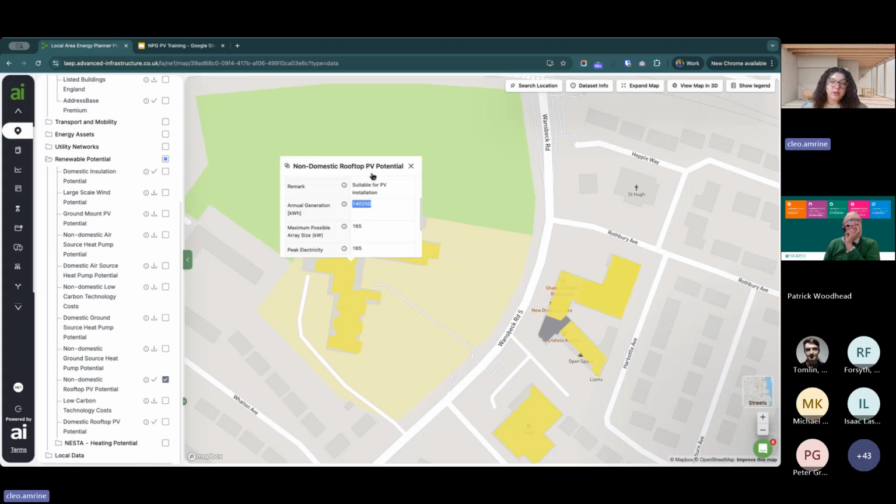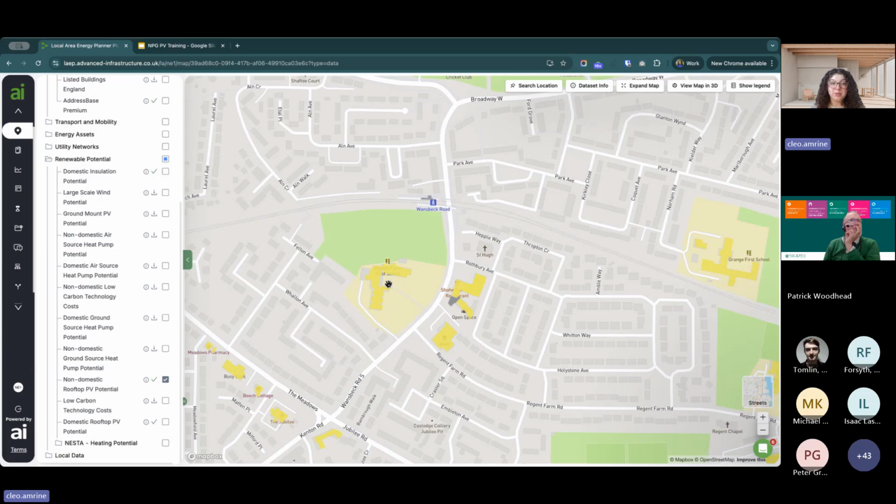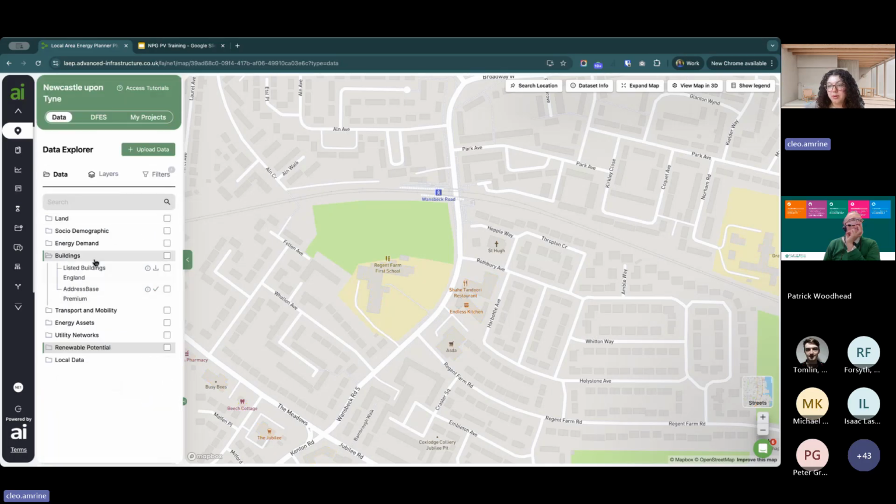And you might do something similar if you're looking at some kind of industrial project, or you're looking at deploying onto retail, like I mentioned before. The other thing that you might want to consider when you're looking at this example is not planning a project onto a listed building, because a lot of schools are listed buildings and you're probably going to face complications or just long timelines or sort of creative ways to get around that if you are looking at deploying solar onto those properties. So we do have listed buildings as a dataset within the buildings folder here.